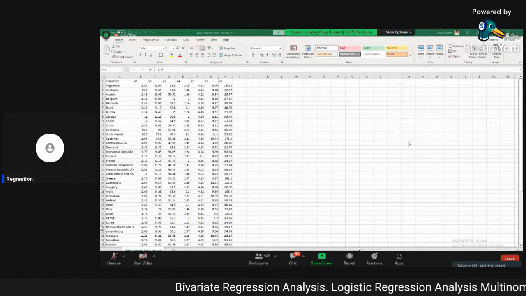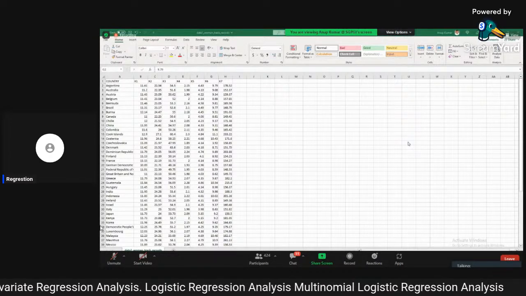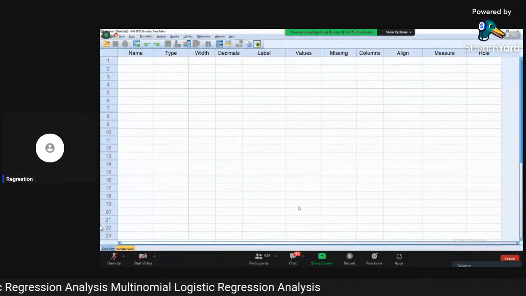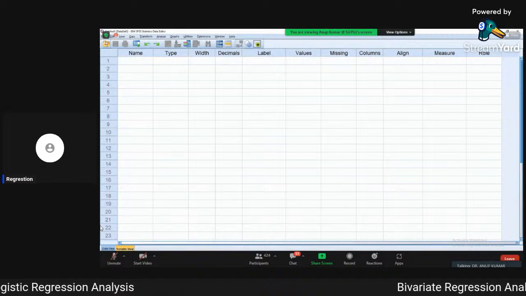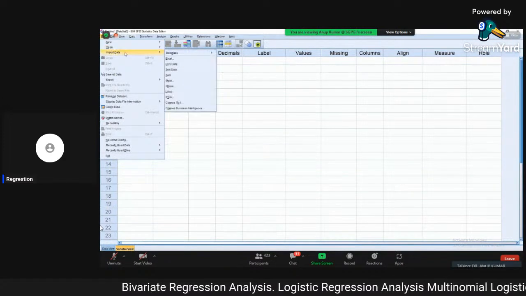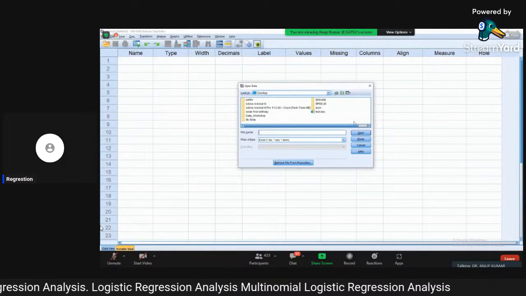And I will call this data into the SPSS. Okay. So what I will do is go into the file, import data from the Excel, and